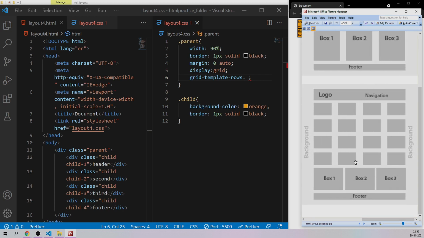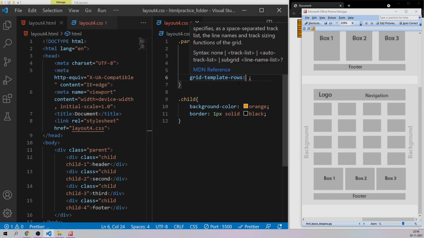Yeah, this is the one. Okay, so as you can see, this I can keep two fractional units. This has one fractional unit because this is the smallest one. Okay, and this one's size should increase automatically. And this one also will keep according to the size of these 3 boxes.